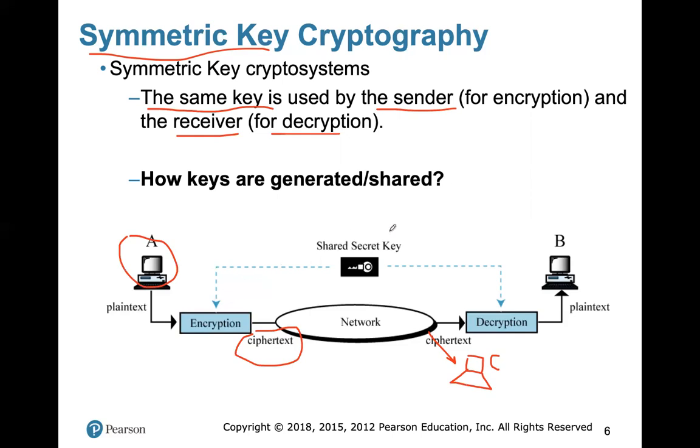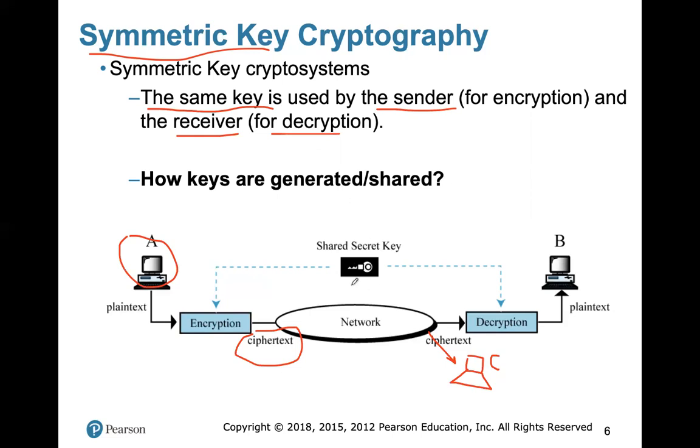And here you see two important things about the key. First, the key is available only to A and B. So this is a secure communication, a secure transmission of data between A and B. Second, A and B are both using the same key. So A and B are using one identical key. That's a very important feature of symmetric key encryption algorithms.